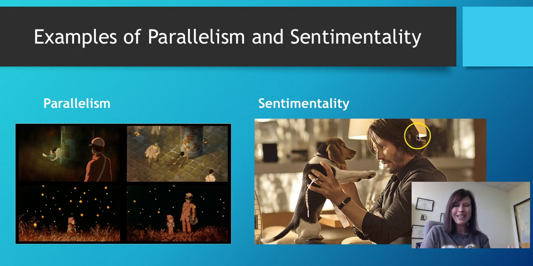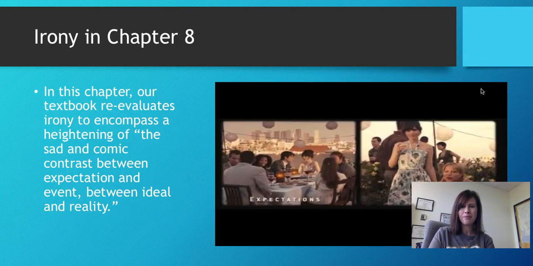But John Wick is straight up sentimentality, because he has his little dog here at the beginning after he loses his wife. And we find out what happens to the dog, and it's basically meant for us to feel sad for him and to feel empathy and pity for him as well. And I believe it accomplishes its goal. If you've not seen John Wick, it's a good example.